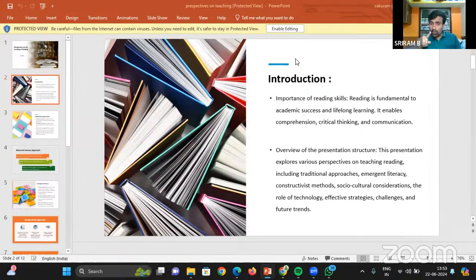Okay. So, overview of presentation structure. This presentation explores various perspectives on teaching reading, including traditional approaches. That's what I told in the beginning. This traditional approach and the constructivist approach or methods, these are big terms, but we are not dealing with that, so I need not speak much about it. So here, emergent literacy and constructivist methods, socio-cultural. It covers what the emerging literacy is, like literature, what the new writings are,